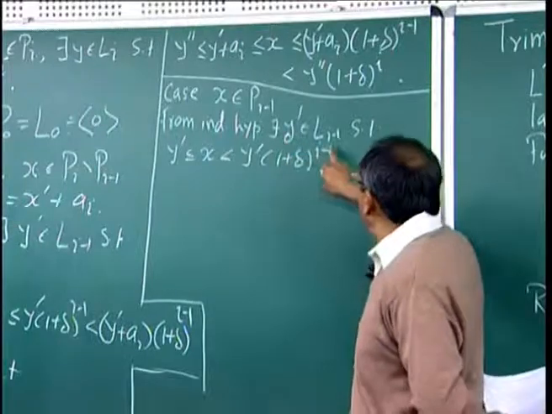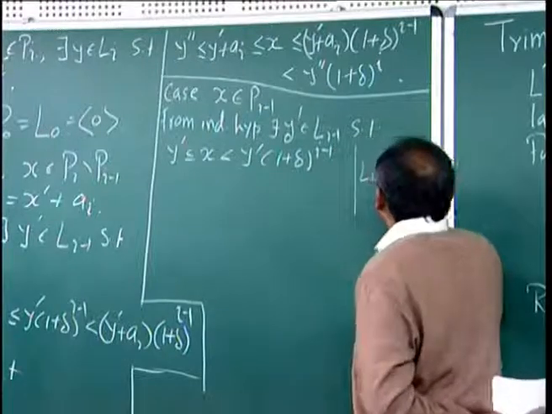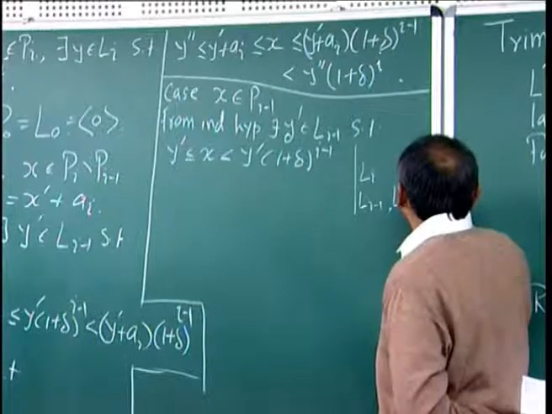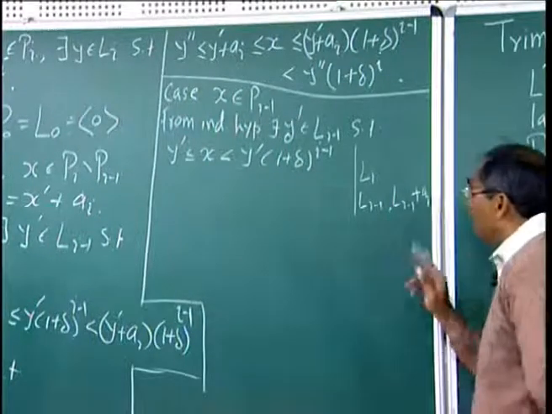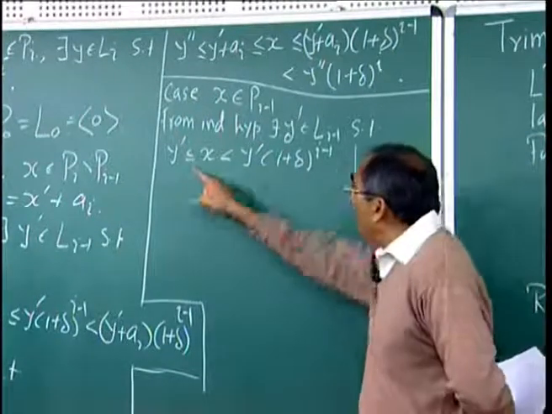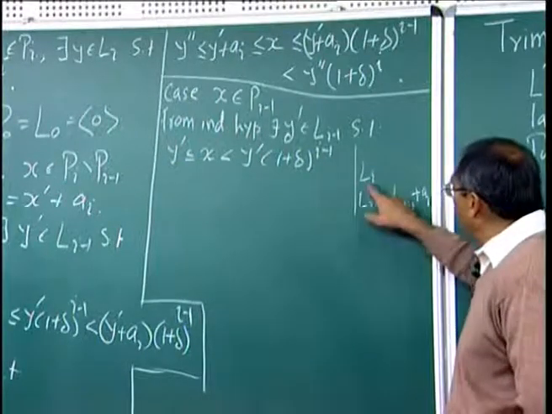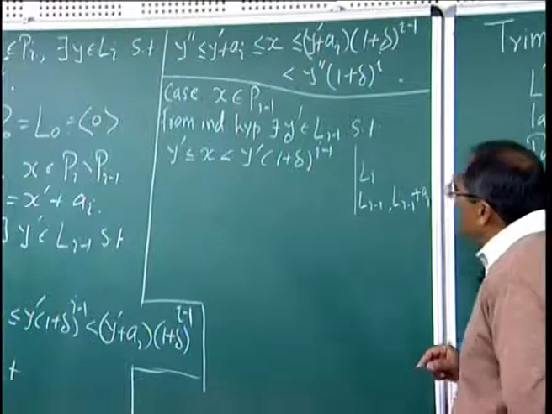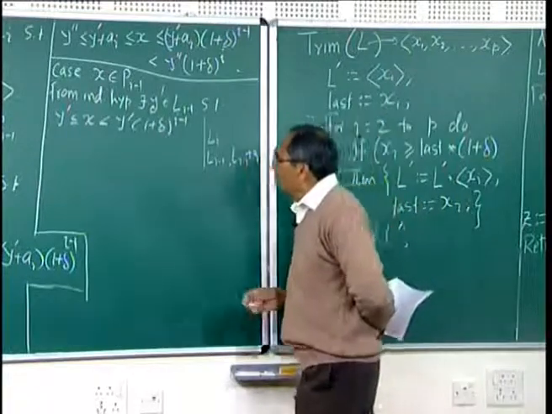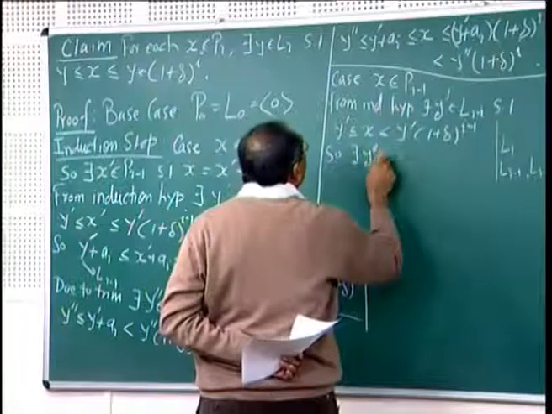So, in the formation of Li, recall that Li was formed by Li minus 1 and Li minus 1 plus ai, both, and then we trimmed it. So, y prime was present here, so it might have gone into Li, or there was a number too close to y prime. So, there exists a y double prime in Li